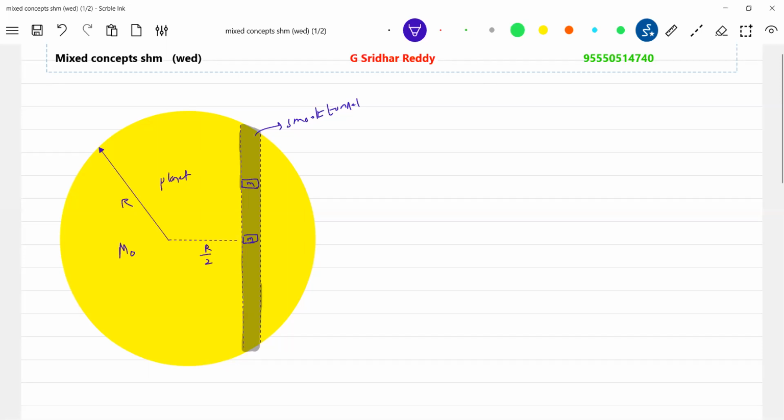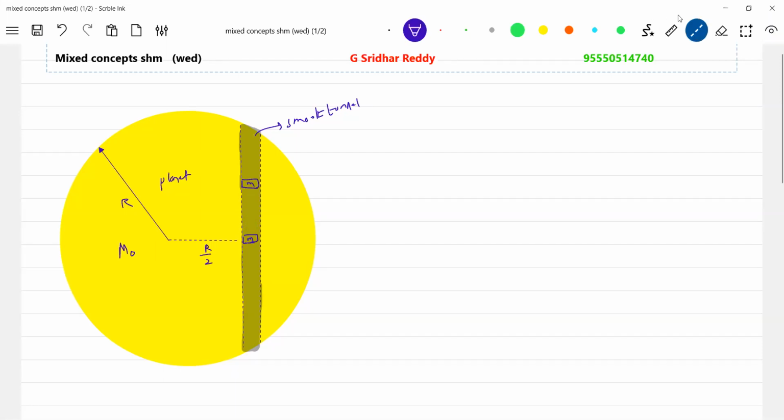How will mg act? Anybody? So mg should act. Inside the planet we know the field strength, so it should be somewhere like this, no? The gravitational force should be in this direction. If you want, you can make the tunnel horizontal. Here also we can make a tunnel. Let me take it in this way. So it is at equilibrium position. I'll slightly displace and release. So it is going to execute SHM. We have to find out the time period of oscillation of that particular particle.